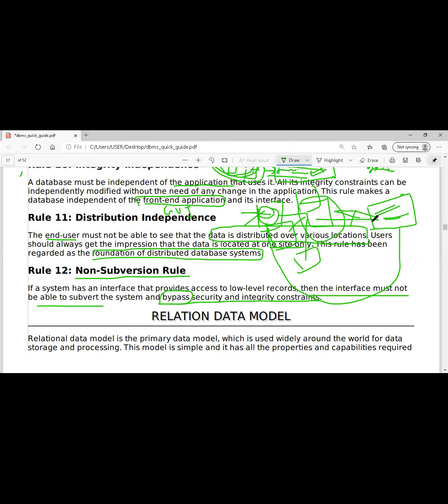So what is your proper channel? You have to go here. This will take the different data and give it. But you are ignoring this. You came to know the address, the data is coming from here, and directly without permission you go there and tamper with it. This is bypassing the security, and you are trying to break the integrity constraints.